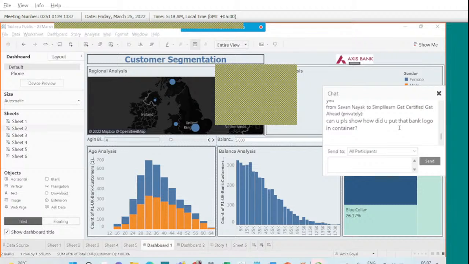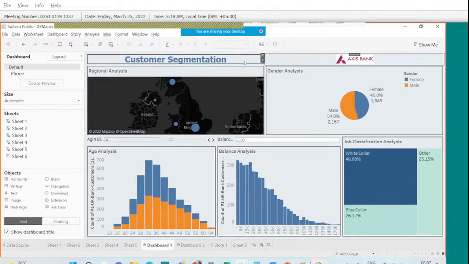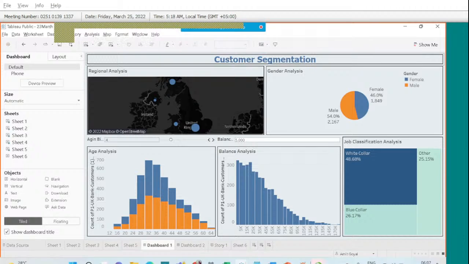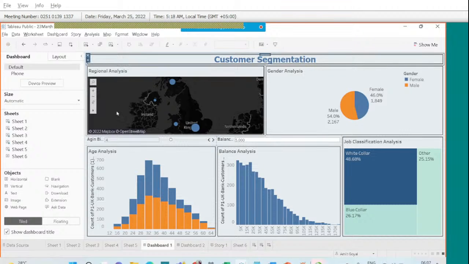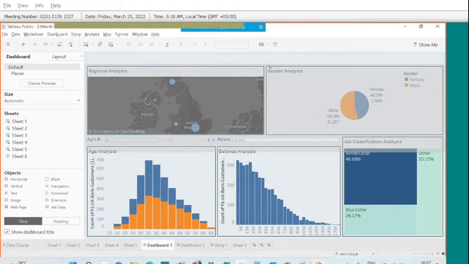Someone, can you please show how you put the bank logo? I'm sure I can do that. See, what we did was, over here, this is the image. If I remove this, this is the title that we had. And over here, let me select the container. So it's in this container. For example, right now, if I move this chart, this title basically,